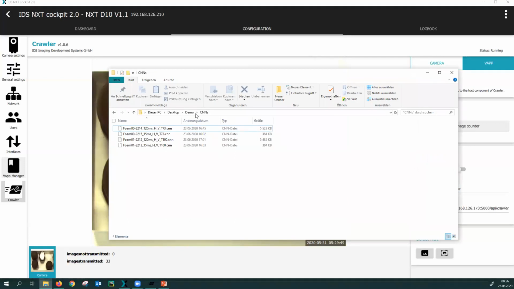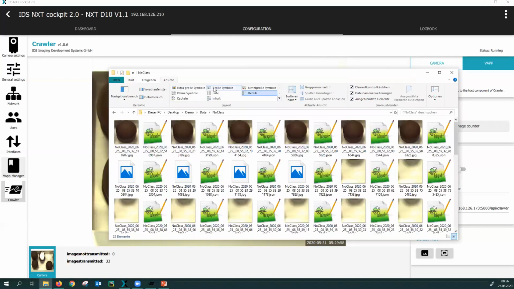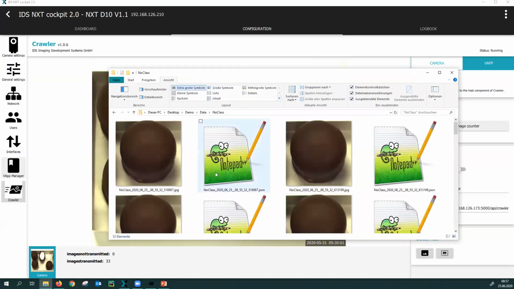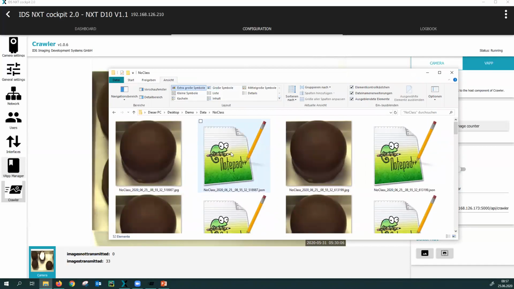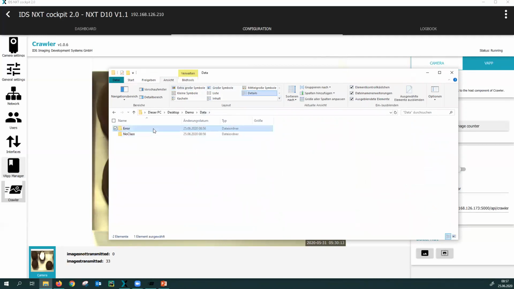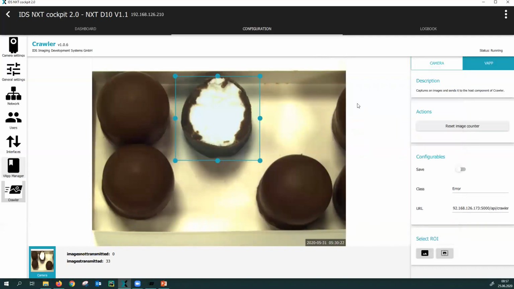So the data has been stored now at the specified location, and we didn't type any class name here. This is the presence absence data. Each image comes with a small JSON file containing some meta information about the images. And we have the error class here. So with this basic data set, we can go to our Lighthouse platform and train our first neural network.